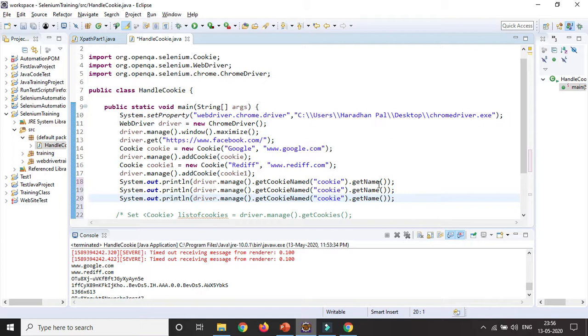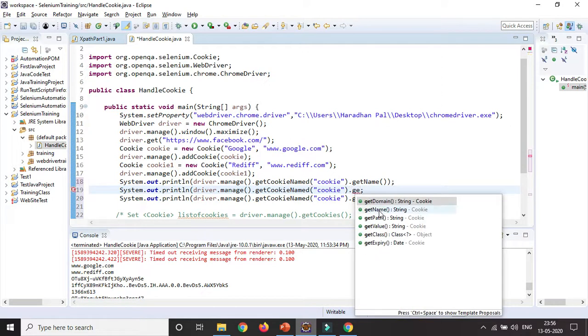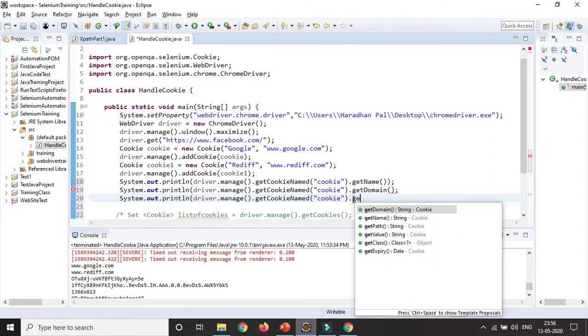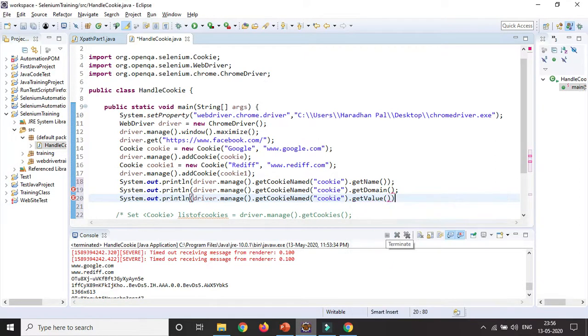So I am changing it to getCookie.getPath, getDomain. Here getName is already there. Here I want to get .getValue, I can get it. And also you need to close with another bracket.